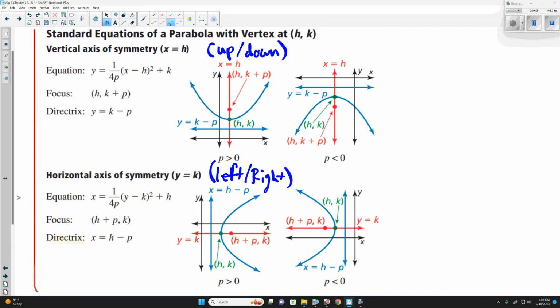Now the vertex, I'm going to add this here so we can reference both of them at the same time. But the vertex is written up at the top, h comma k. And if we look at this here,